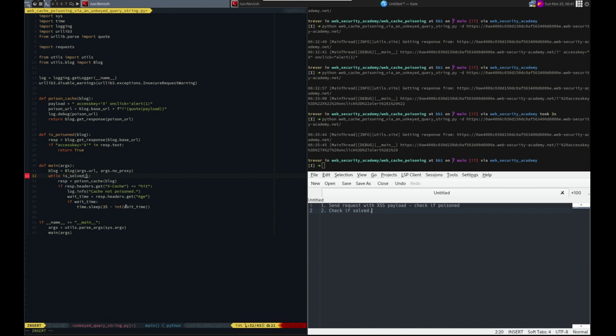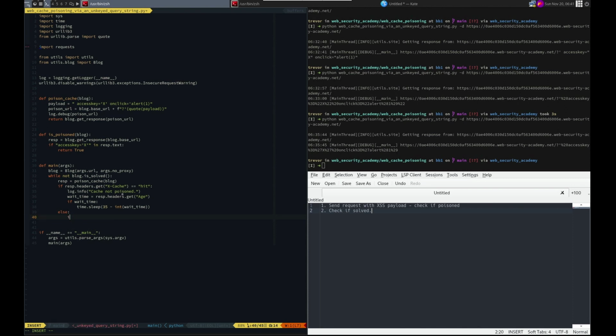While not blog.is_solved, I'm just going to go through that. We're not ever using this is poisoned, but whatever. If X-Cache equals hit, we can check right here. Else